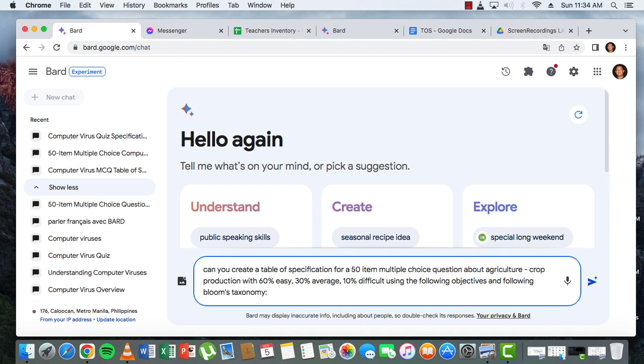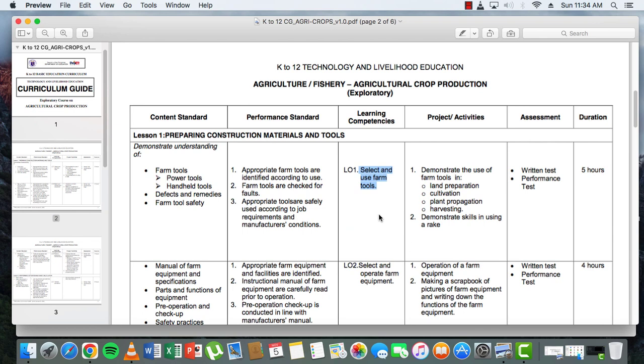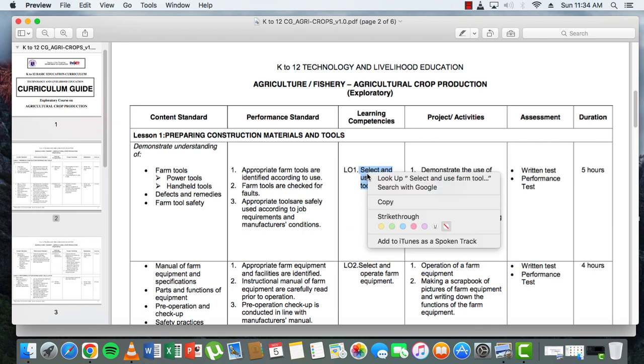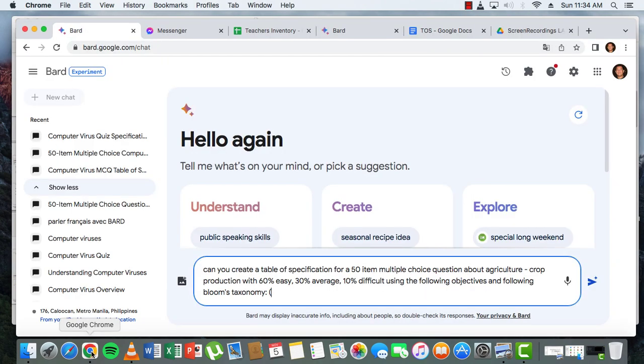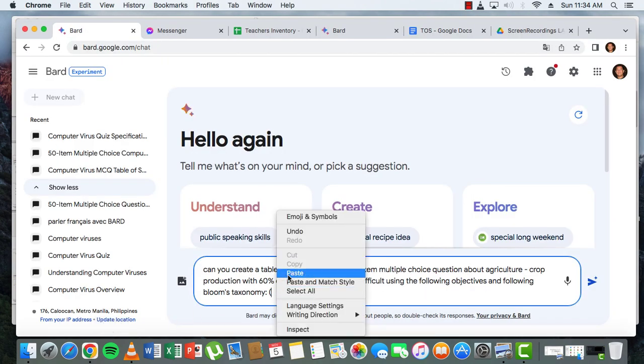So let's put the open parenthesis. Okay. So from our curriculum guide, let's copy the first LO and then go back to this one, paste,